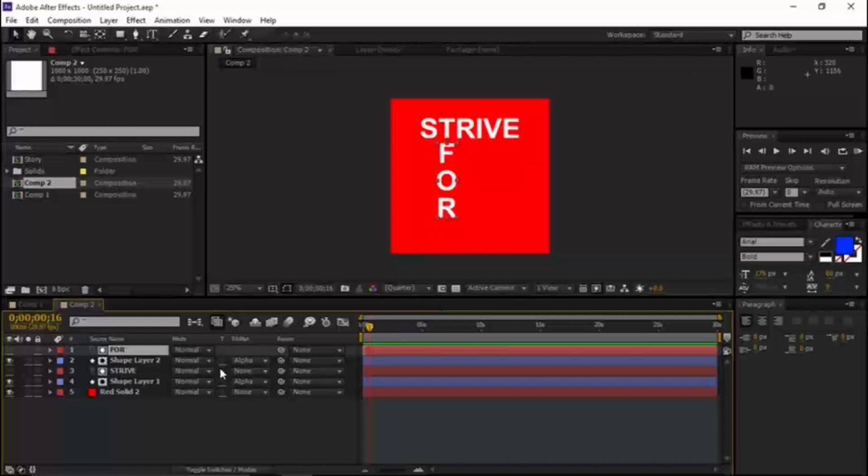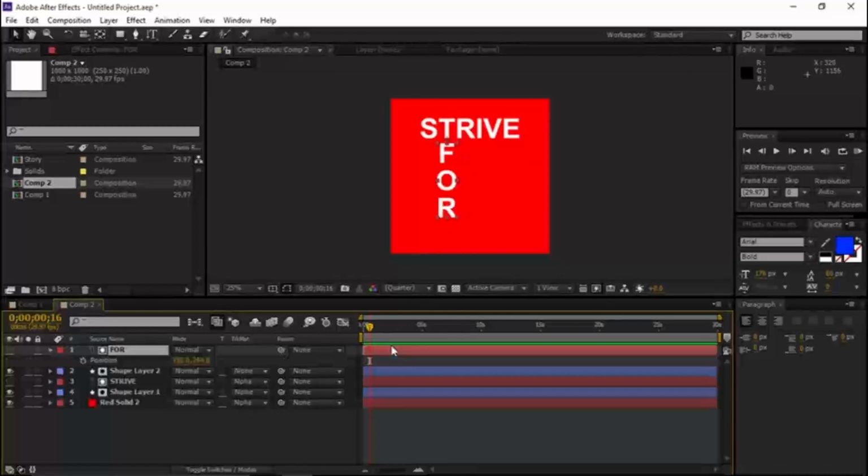So let's now add a position keyframe to this point. So at this point we want to add a position keyframe. Let's try the top and see. So it will come from the top like that, and then next we want to move it here